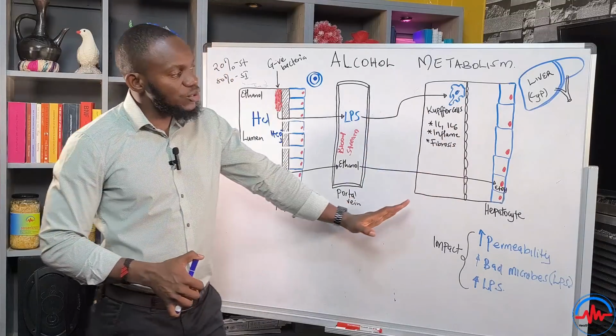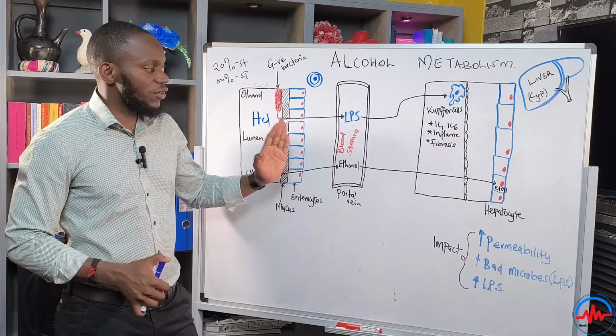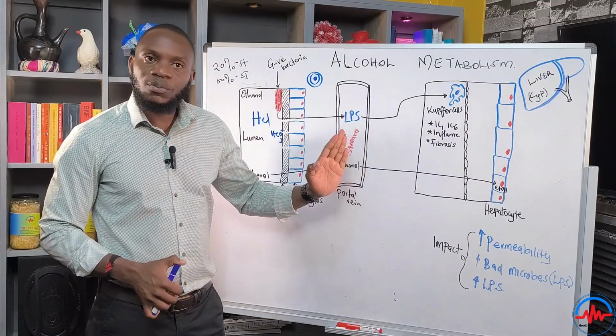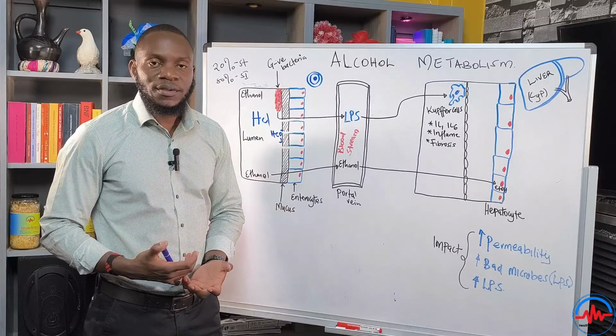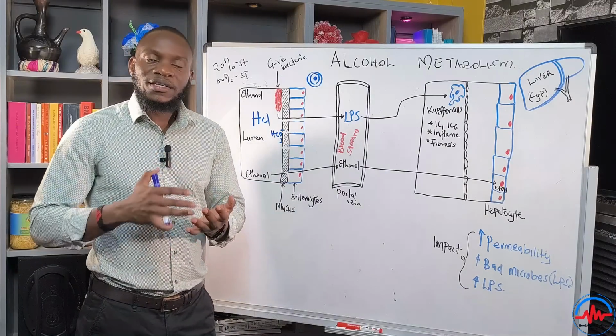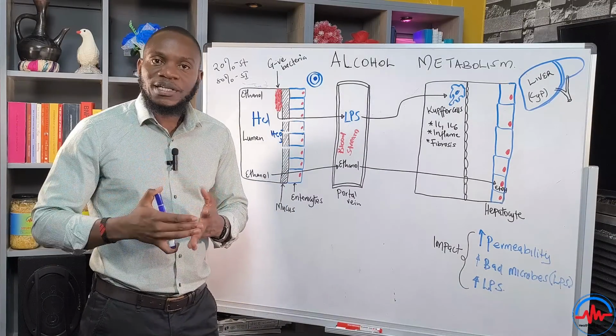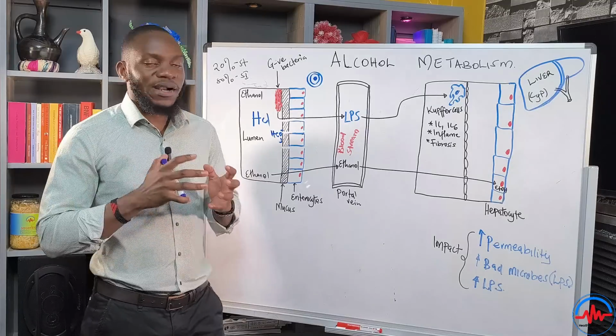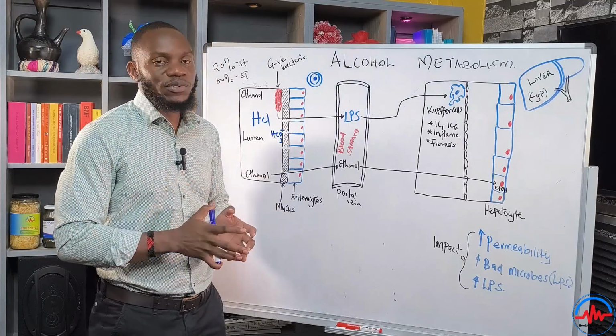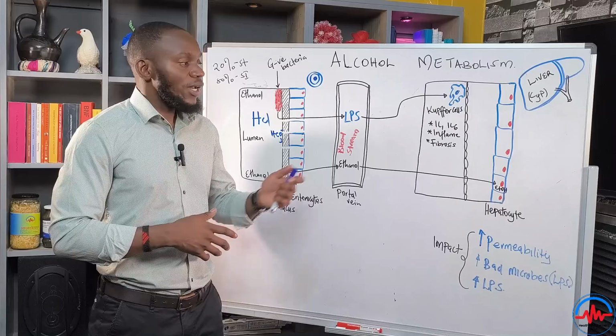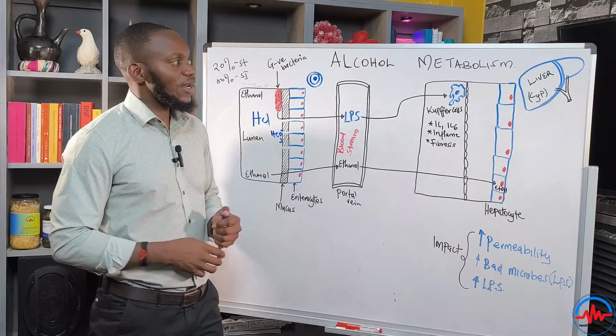So alcohol is dangerous to your health, and I want to tell you this for free. Most of you, when I tell you to drop alcohol, you tell me, how about wine? Now realize that wine, beer, spirits, scotch, whiskey, all of them are alcohol. The only difference is the distillation process and the percentage of alcohol. And we will talk about the percentages and how they are calculated.